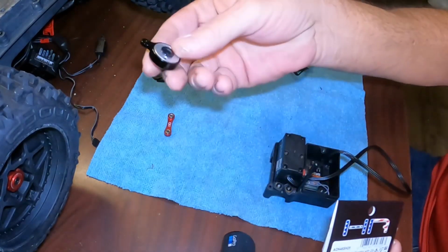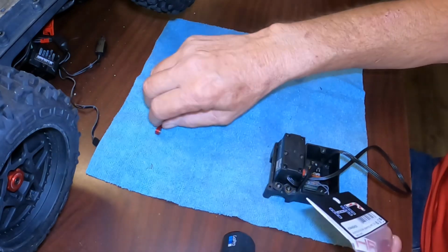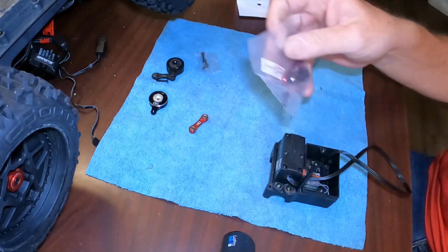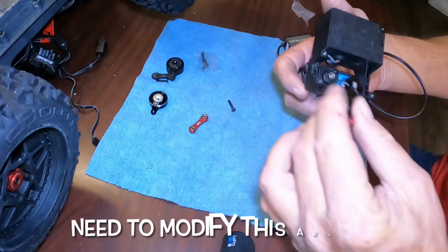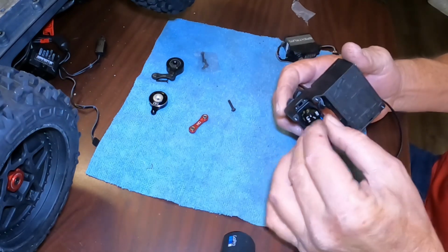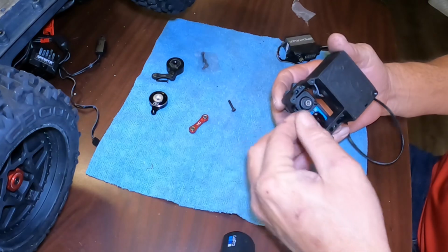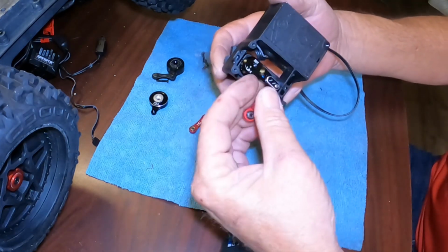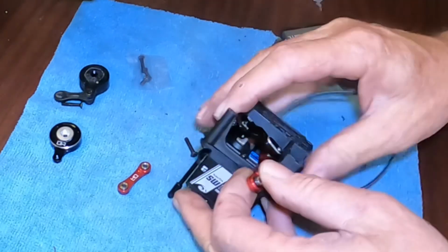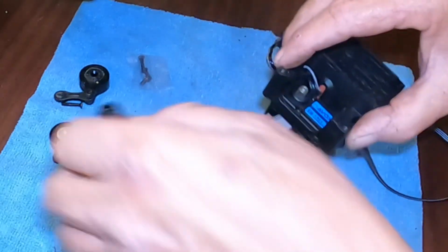Alright, so we're going to do basically servo saver eliminator. So I'm going to go ahead and put this kit on. I think I'm going to have to use the short arm out of that, I believe, but we'll find out here. Just let me get this opened up. So this arm is going to have to go on here, but it hits, of course, which means it needs to be cut down. So that is not going to work because it hits the case. So I would have to trim those two off and use the back hole, which I'll do at another point